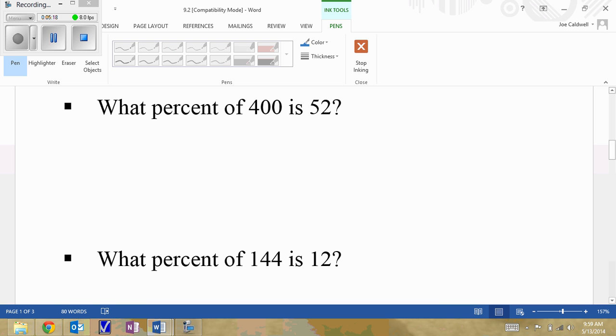All right, a few more. Let's see if we're getting the hang of it here. So again, you're noticing the what percent type question there. So again, that should tell you you have your P, you have your whole, and then you have your smaller part of the whole. But again, 52 over 400 is going to get you to P over 100. Now you could do, again, cross multiply, or you could realize, oh, I need to divide by 4 here to get to 100, and divide by 4 here too on the top, because again, whatever you do to the bottom, you do to the top,